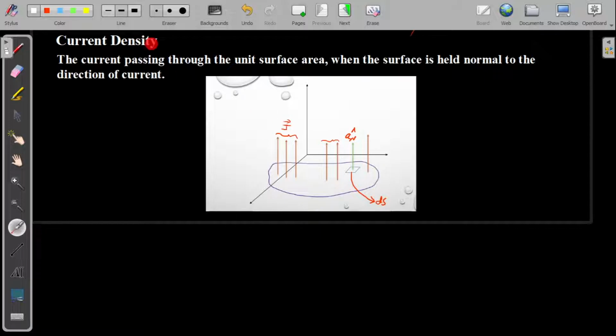So current density is symbolically represented as J vector, and obviously the unit will be ampere per meter square, because current unit is ampere and I am measuring it for a given square meter. So the unit of J vector will be ampere per meter square. This also you have to keep in your mind. So referring to this figure, I understand that for a given area, if I evaluate the current vector, I will get J vector.